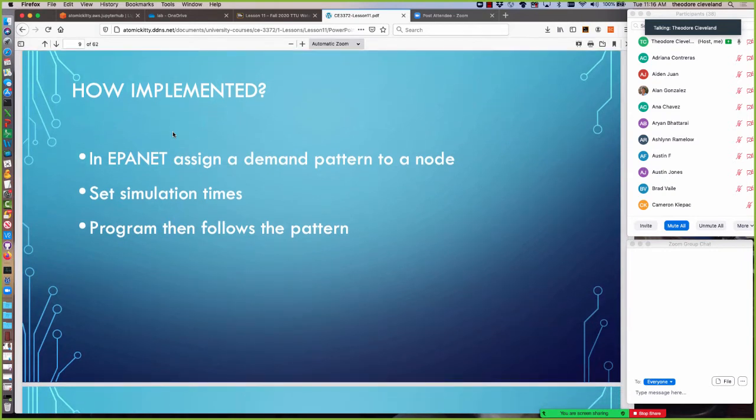So the next topic is, how are these extended period simulations implemented in EPANET? They're implemented by a concept called a demand pattern. And what a demand pattern is,